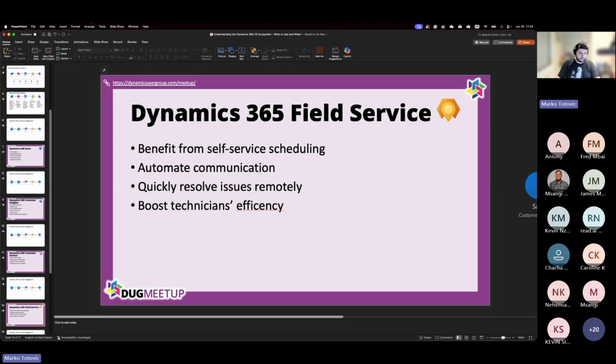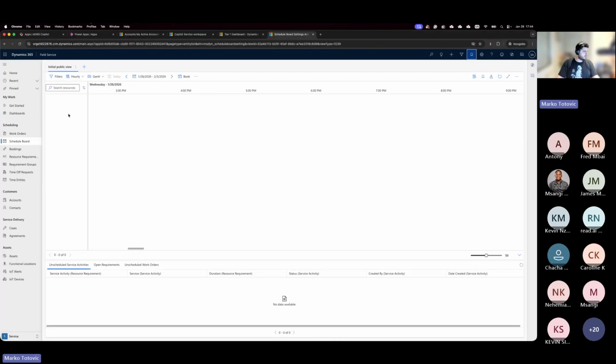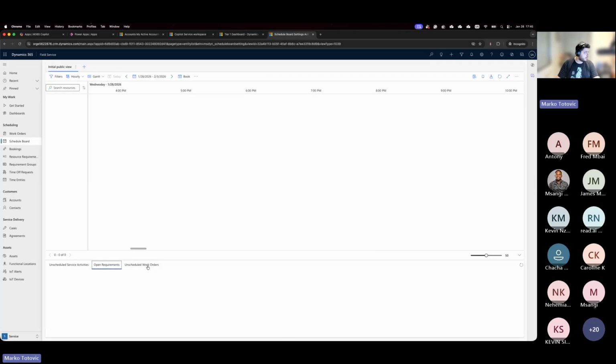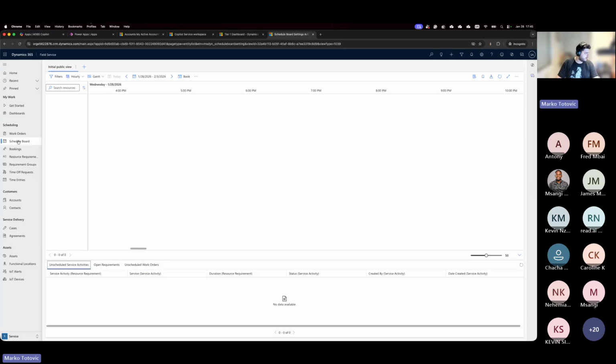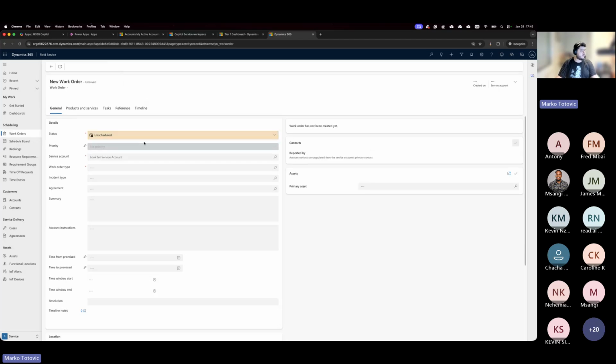And when we are talking about the core, let me just open the field service part. So when we are talking about core things, this is the most important part. This is the way we can see and organize our people. Of course, we are not having any work orders, but let me go and check. No. So for example, if we create some work order here,